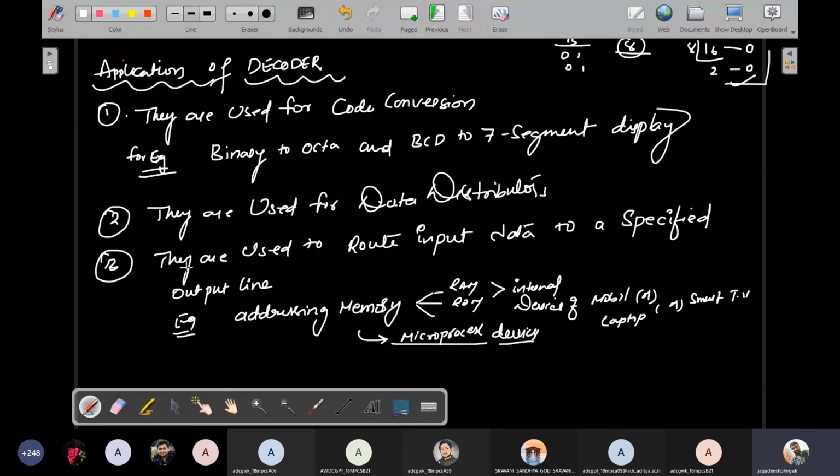Okay, so they are used to route input data to a specified output line. You want an output from there, that is, from the satellite you want an output. You maintain one router, which has two ports like this. This is called internet devices. Actually internet devices all have addressing memories only. This router will specify which output. Actually routers use decoders. What routers do is take specified data from the signal. This is called a router, not root; route means routers. So this is one important point, understand everybody.